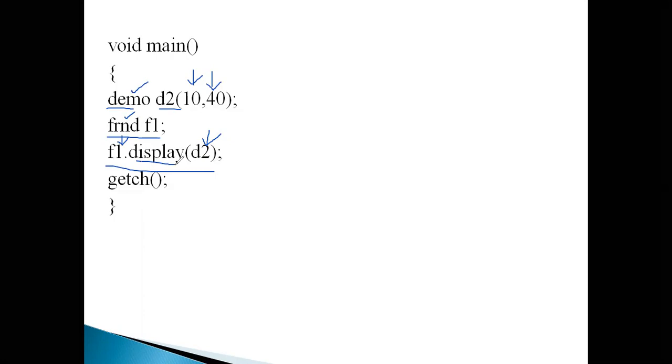To invoke a normal function, as usual, we must use the dot operator. So that's what we are doing here. And at last, close the main function. This is the way we work with friend classes.